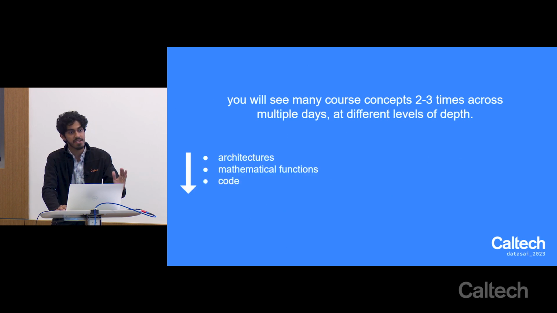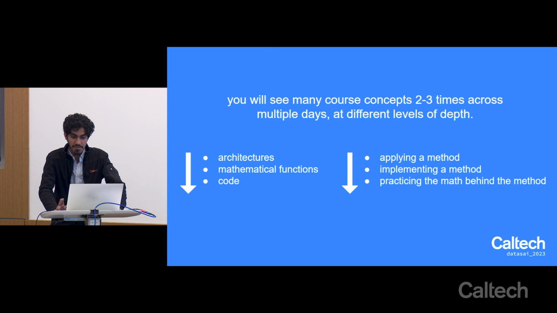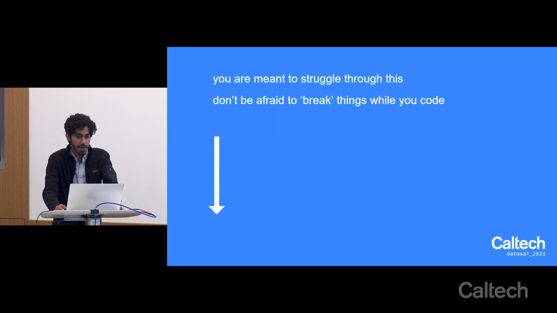We'll go through them in terms of thinking about architectures, thinking about functions, and then ultimately going through code. We're also going to think about how you apply a method, how you implement methods, and you'll also practice the math behind some of the methods. Especially on Tara's day, you're going to have a pen and paper exercise where you have to derive certain things. You'll get a bit of flavor about how the math behind some of these techniques, like regression, actually works. That's going to be really informative, right? It's going to give us some strong intuitions about how these methods work. OK.